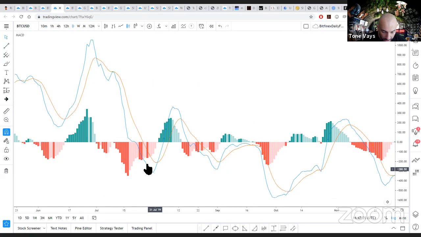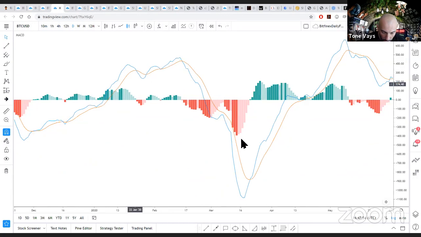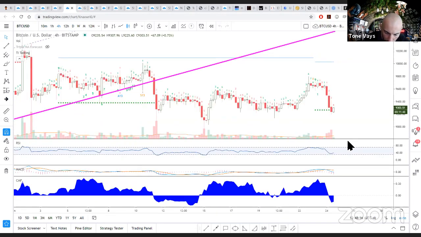Now, of course, the MACD is late to the party, so we're bottoming a little bit earlier. But once the MACD gets close to the zero line, it's also very likely that it will keep going down. It's very rare that the MACD crosses the zero line and immediately reverses back over to the other side. It tends to keep going for quite a while. So if the MACD crosses past the zero line on a daily scale, I would kind of expect it to dip quite a bit, which could continue to signal a potential Bitcoin move down to the $7,000 area. I think the $7,000 area is an amazing buy the dip situation, and I will try to stay ready, of course.